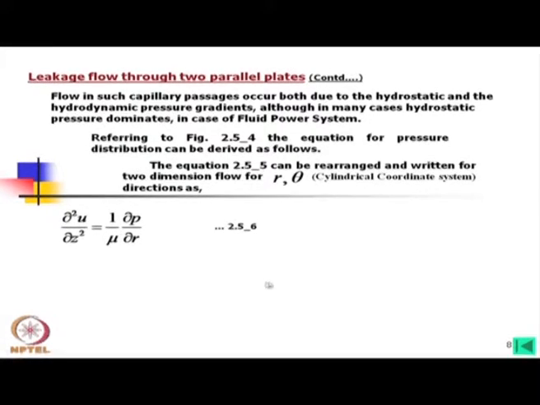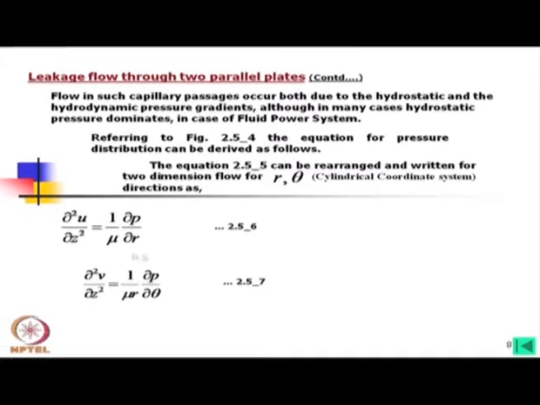That means, from a center there is an r direction and theta direction, and the z direction is the opposite, I mean towards the thickness,